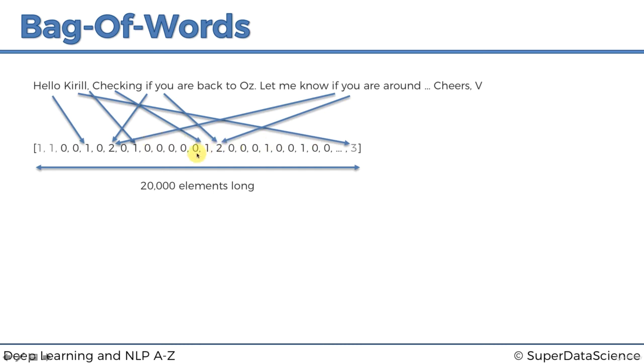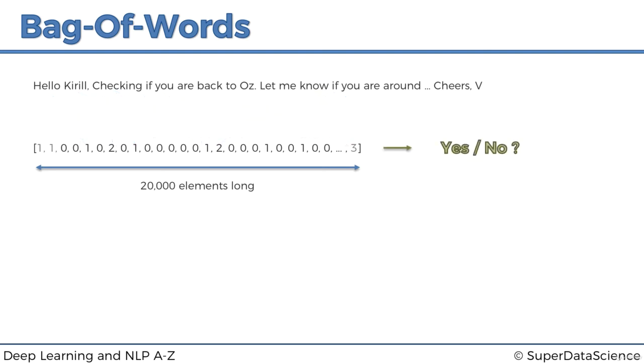It's pretty straightforward. We're just filling in this vector. As you can see, it's going to be quite a sparse vector. There's going to be lots of zeros, almost 20,000 zeros, and some of the words are going to be filled in. Okay, and so what is our goal? So our goal, as we discussed before, is to come up with a reply yes or no to this email, which is now in the form of a vector. And how are we going to do that?